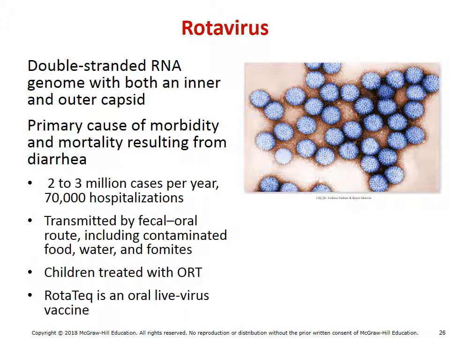Let's move on to some viral causes of acute diarrhea, including rotavirus, which is a double-strand RNA virus that has the ability to cause significant infection. Ultimately, this is going to lead to many cases, around 2 to 3 million cases, with about 70,000 hospitalizations required. This will be fecal-oral transmission, and ultimately a major threat to typically very young children that are